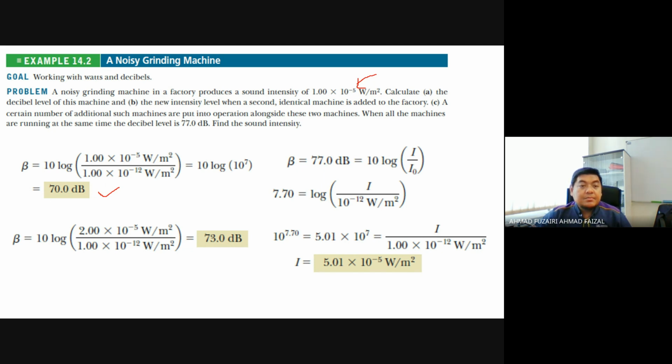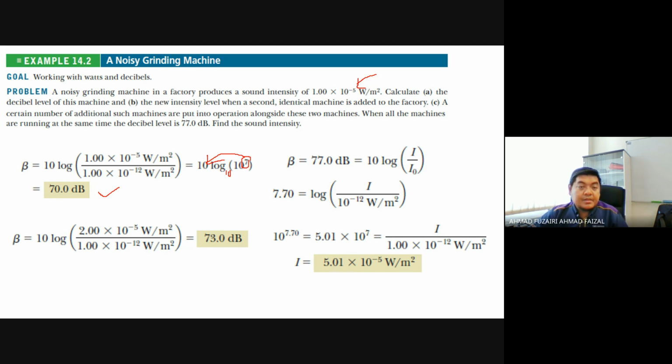Okay, so don't worry about how they did it. They took the 7, and you multiply with 10 because 10 is in front of the value. Because it is 10 log basic, that means this is already 10 log. So 10 log 10 is equivalent to 1. So 7 times 10, so you will get 70